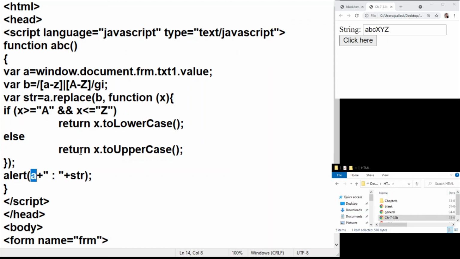You can go ahead and replace this character set with another set of characters. For example, you want to locate all the digit characters and maybe do the replacement, as in remove the digit characters and so on. In one of the upcoming videos, I'll show you one such replacement, but this is the whole idea. Go ahead and try this out, and in the next video, I'll show you another definition.